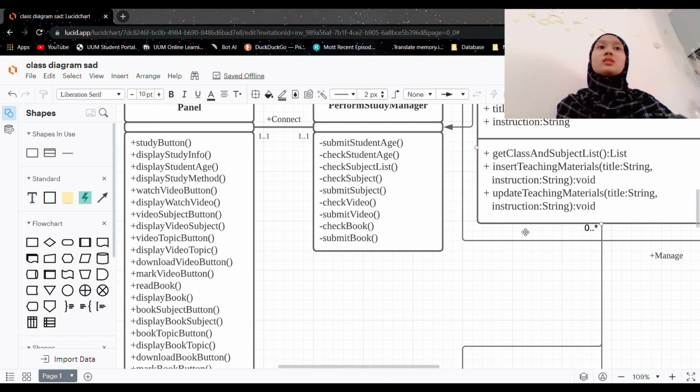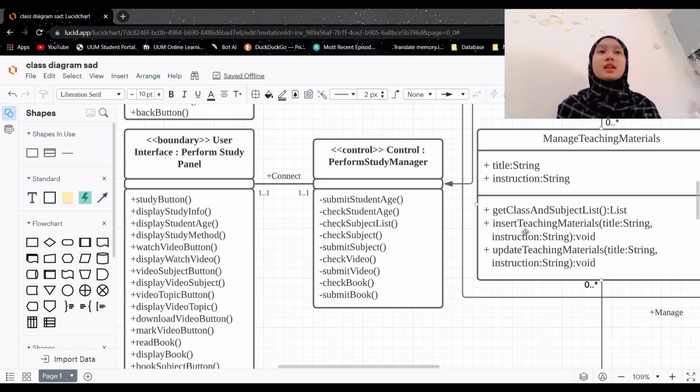It is connected to the perform study manager,